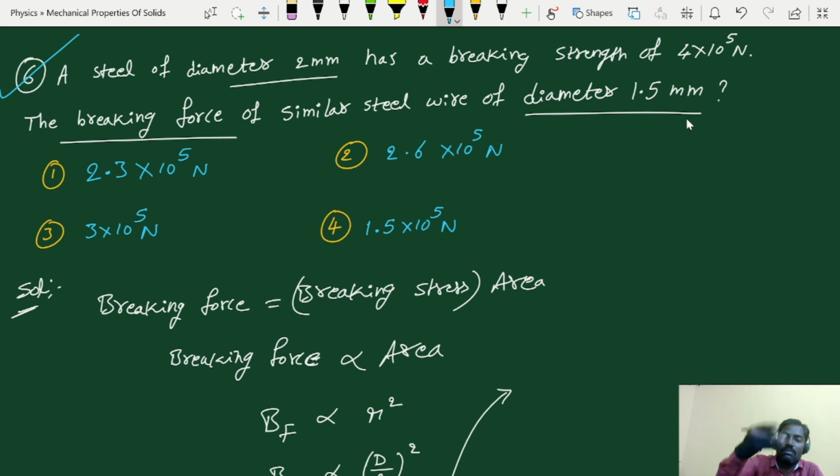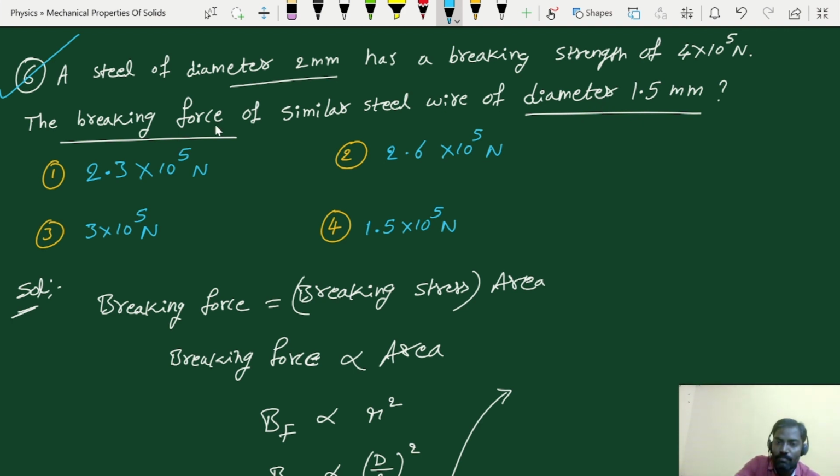So just now in one of the above questions I said breaking force is independent of length but depends on area. If they say length is changing in the question, if they are saying difference in the length, there won't be any change in the breaking force. But here they are saying change in the diameter, that is nothing but change in the area. So there is change in the